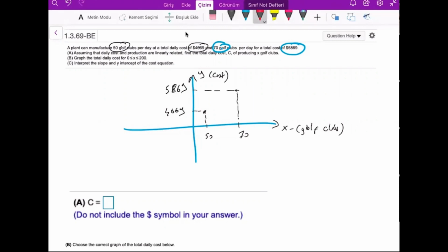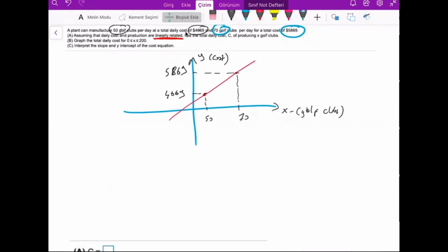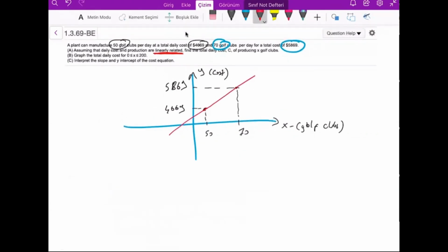So our line will pass through these 2 points. We know that this is linear, actually it is given. Assume that the daily cost of the production is linearly related, okay? So find the total daily cost function. How can we find the total daily cost function? What is the slope? Let's write the slope